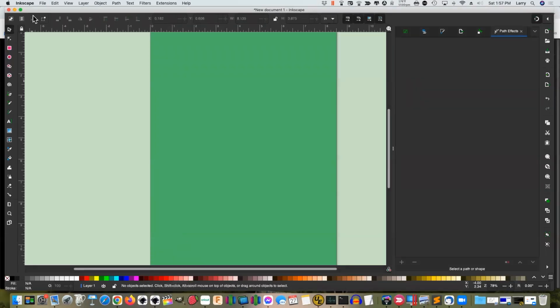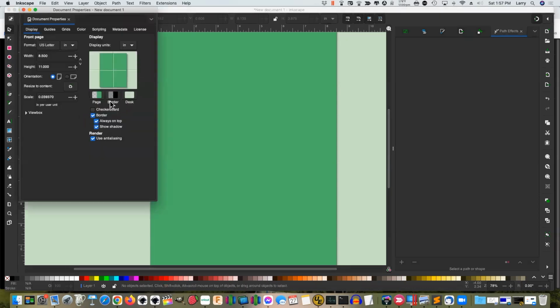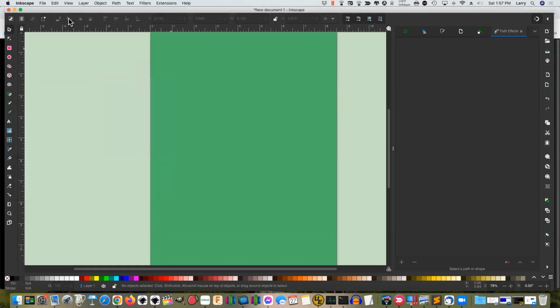Now I have changed my Inkscape parameters. So if you go into File, Document Properties, I have changed my page and my desk colors to be something other than the standard that comes up. And I've changed my format to US letter, display units in inches, 8.5 by 11 inches. That's just my preference. But anyhow, once you've got yours set up, you're going to come in here and do